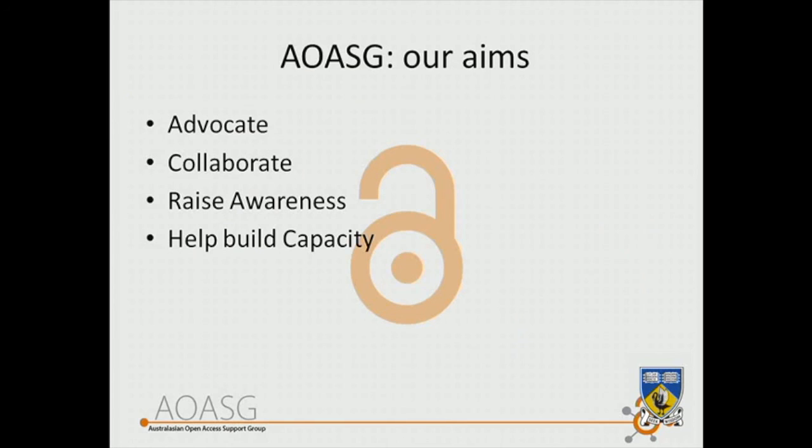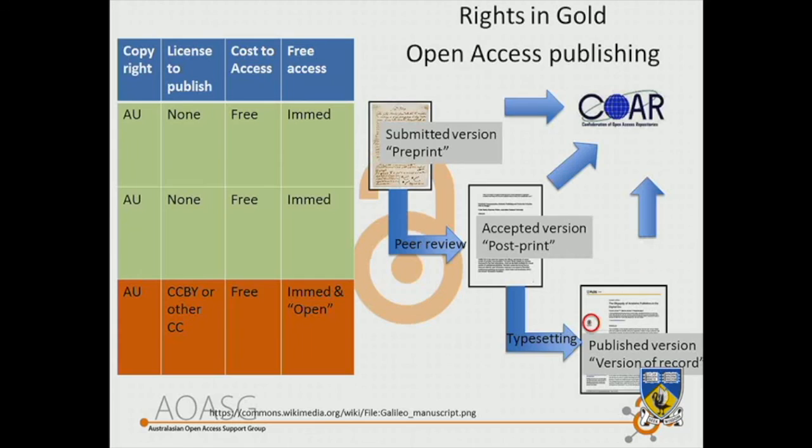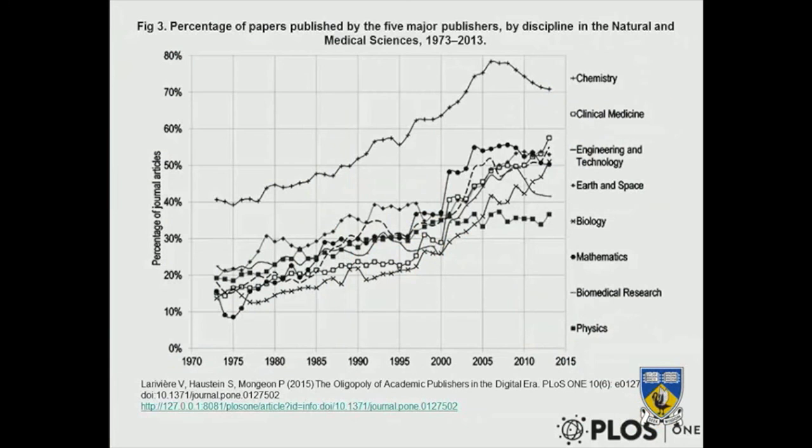I want to end really with just a couple of slides. So I'm going to skip over these. When we're talking about open access and the future of scholarly publishing, there are some really interesting things happening. One of the things that I think we've not been quite so aware of is how the power in publishing has been concentrated increasingly over the past few years in a very small number of players.